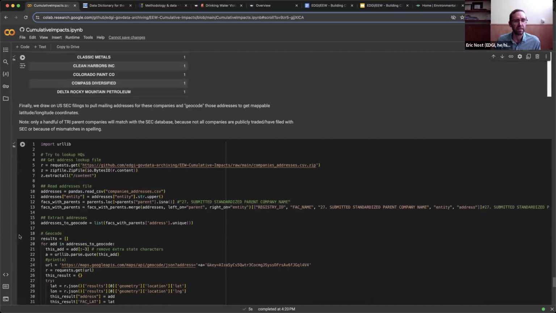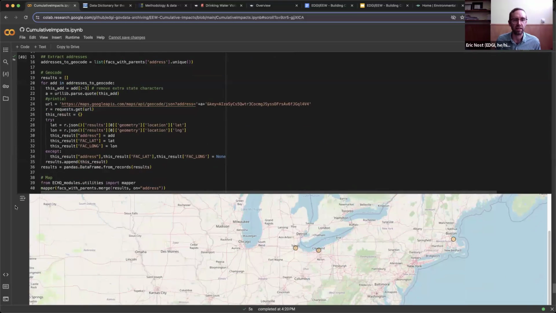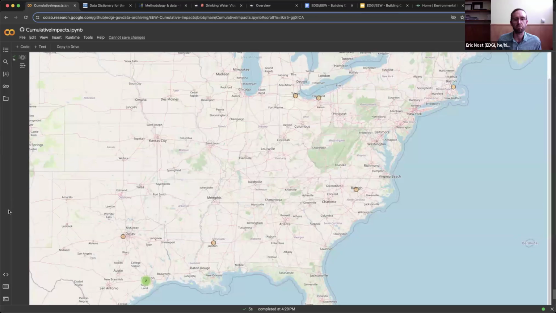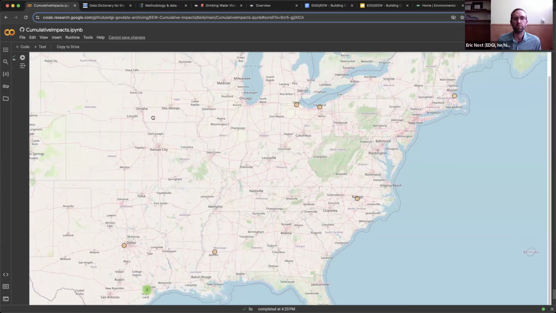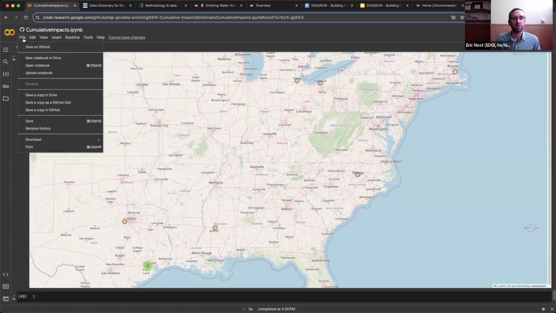And finally, here we go even one step further to try to map out where those parent companies are. And there's a lot of challenges to this kind of analysis, but just looking at some of these parent companies, where they're located or headquartered, we see that they're really dispersed around the country. And so we might want to save this by